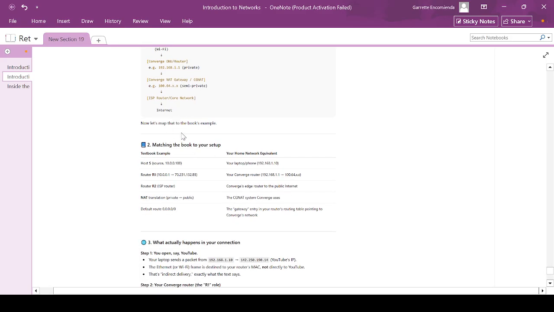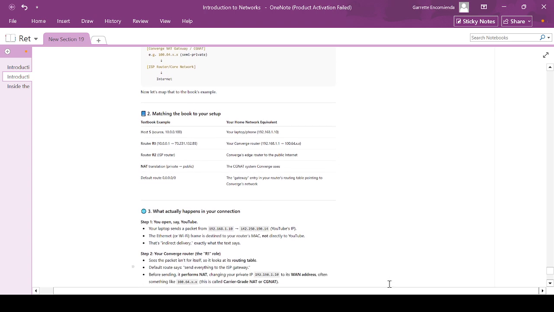Now let's map this to the book example. So these are the more realistic examples in the real world. Textbook example: host S, source 10.0.0.100. Your home network equivalent: your laptop/phone, 192.168.1.10. Router R1, 10.0.0.12, 70.231, etc. Your home network equivalent: your Converge router,